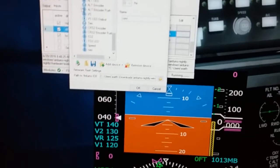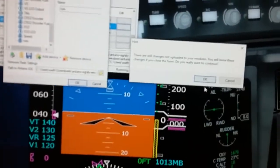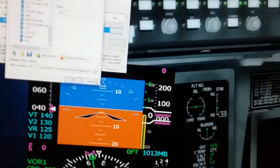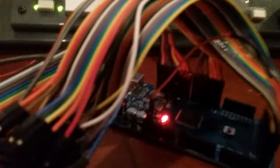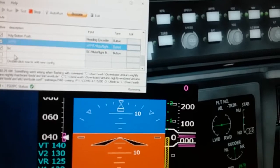And then when you hit OK, it's going to know that when that button is pushed, I'll hit cancel on this, but what it'll do is know that when nav is pushed, that nav wire is connected in to pin number 53. And now that it's communicating with that, we need to assign that to one of the nav buttons in the software. So at that point I would come down here and double click here,